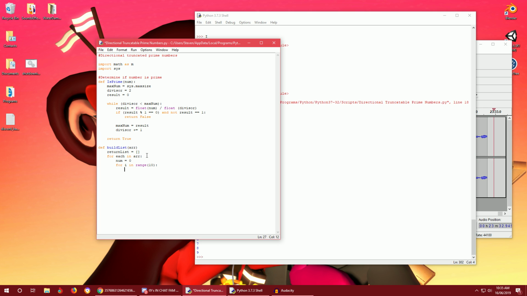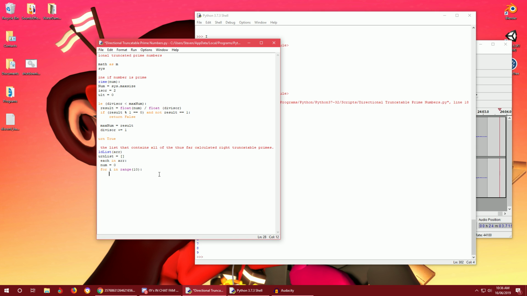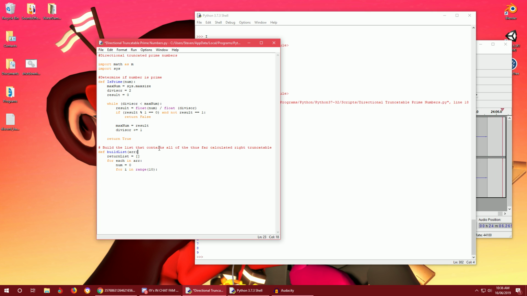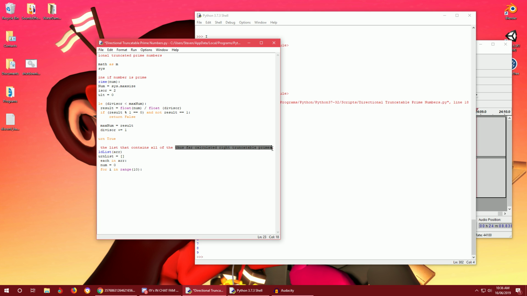And then I'm going to build a number, which is going to be, so this return list, so I'm going to make a comment, because I need to comment and build the list that contains all of the thus far calculated right truncatable primes. All right. Actually, no, that builds